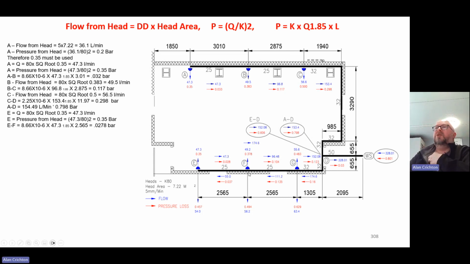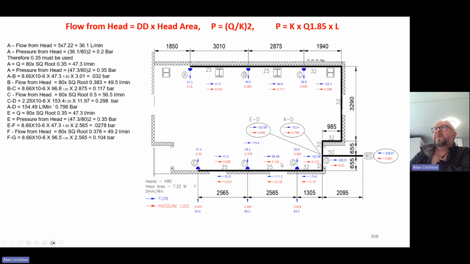So to work out the pressure loss down F to G, we add up the two flows from E to F, which gives me 96.48. K factor comes from TB227 table 2, and the length of the pipe is 2.565 meters. So if we do that, 8.66 times 10 to the minus 6 times the flow of 96.5, I've rounded it up slightly, to the power 1.85